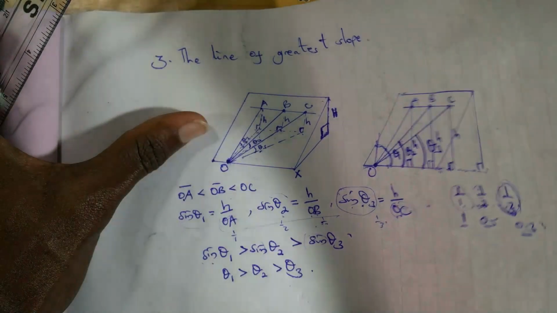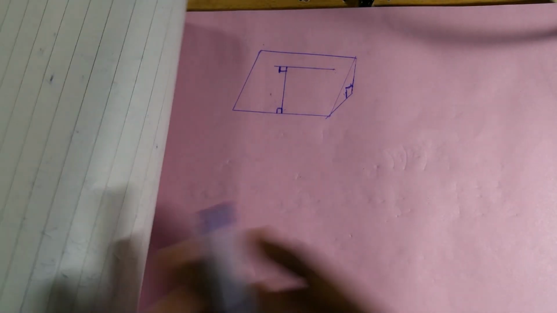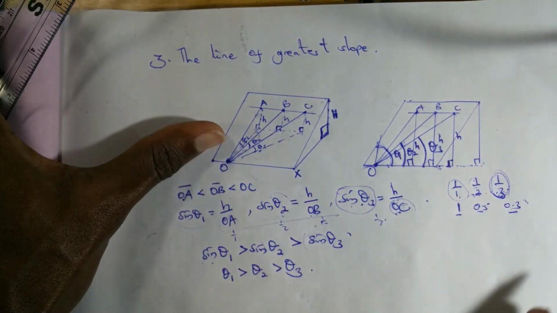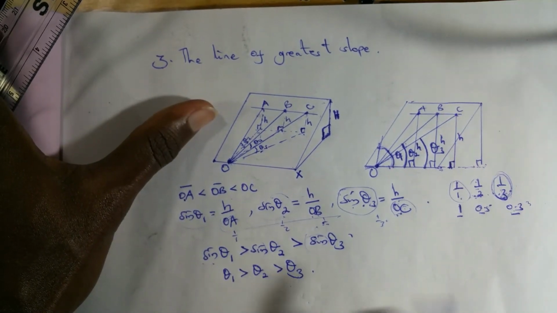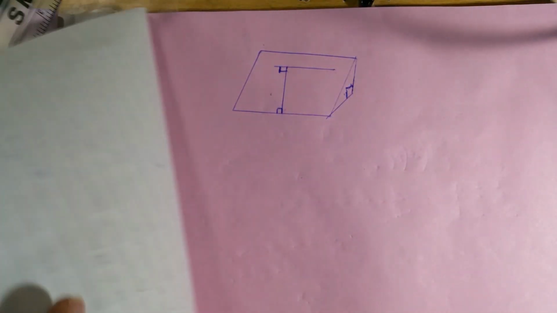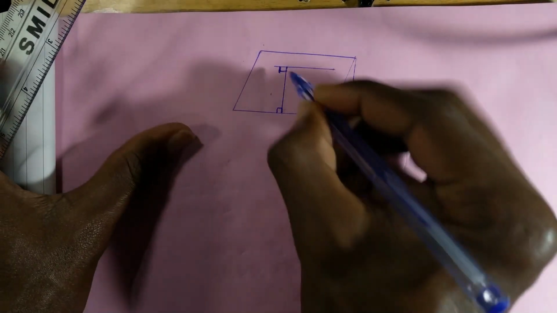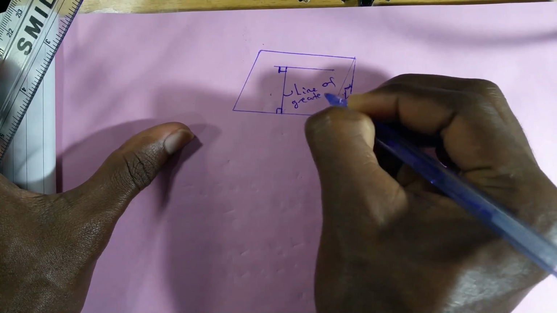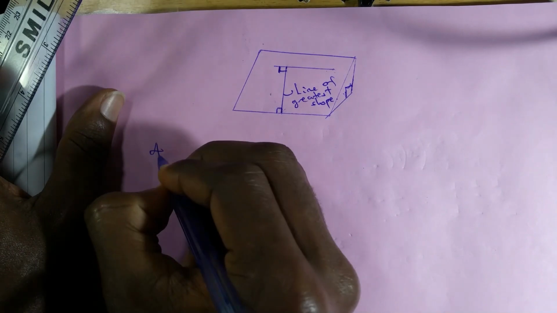So that means that actually we are going to have that. When we say now that the plane is inclined at angle theta, we mean this line of greatest slope is inclined at an angle theta to the horizontal, or makes an angle theta to the horizontal. And now let's go to the fourth one. I think we have understood the line of greatest slope. This is our line of greatest slope. Now we go to the fourth part,